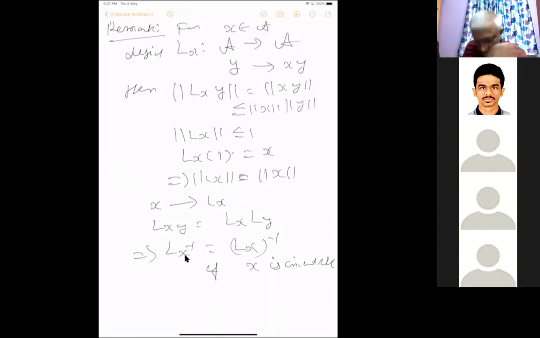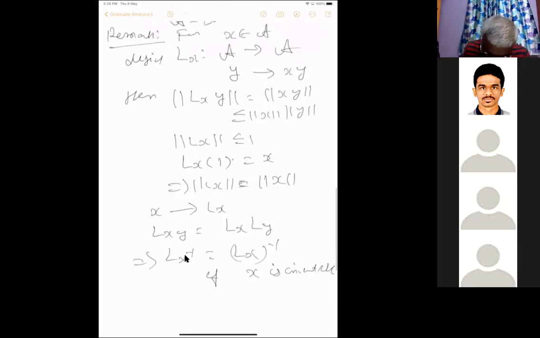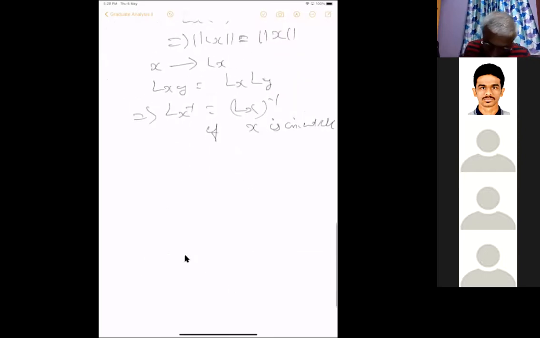When you apply Ly first, then Lx, it means multiplication by Lxy. So it's equal to Lxy. And Lx x inverse is Lx inverse of the Lx. So if Lx is invertible, then x is invertible. So Lx is an isomorphism, then x is invertible. And since we have identity,